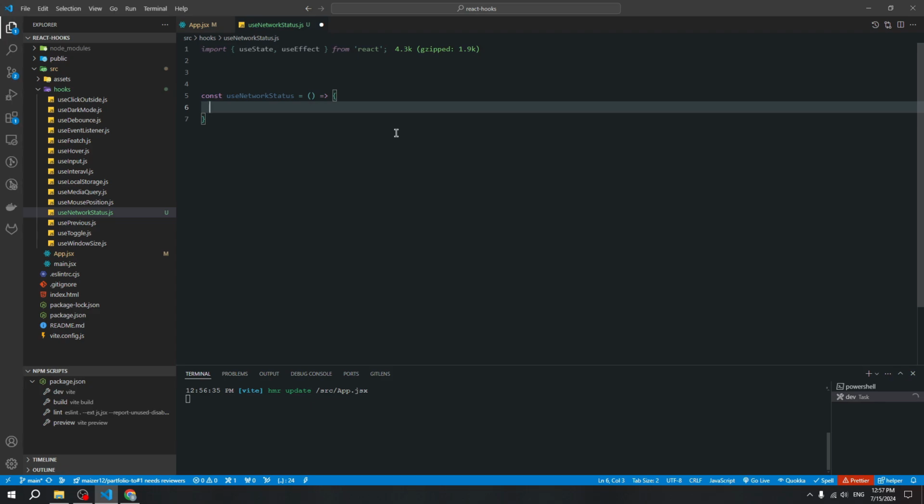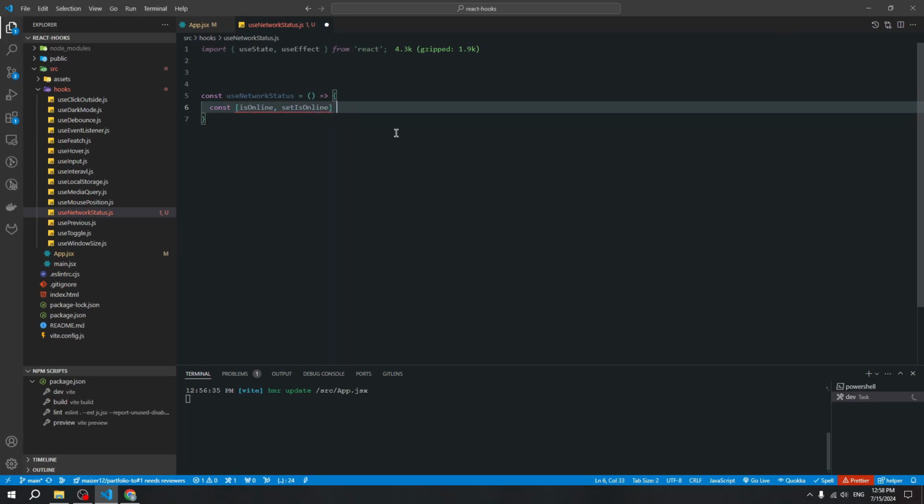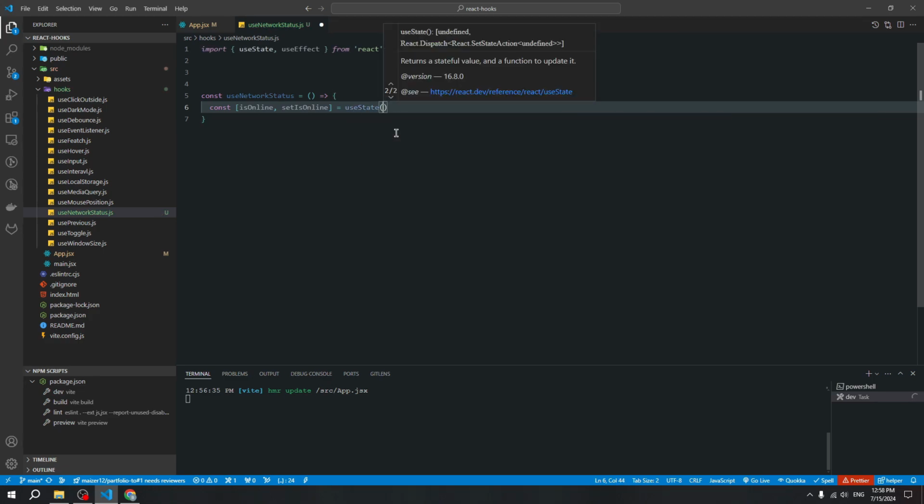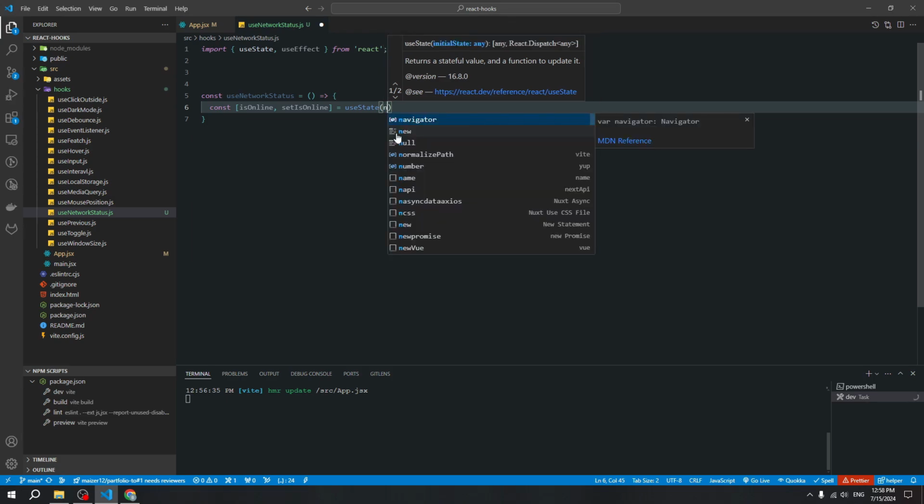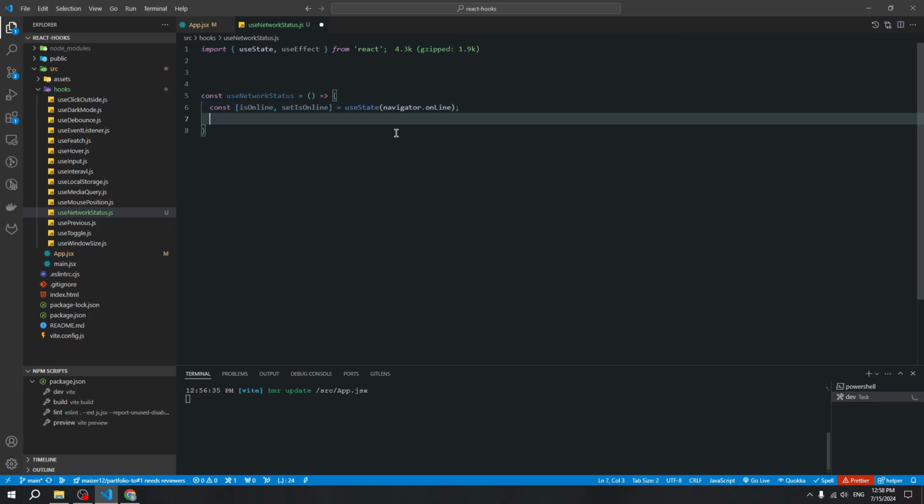and first we can create the state for whether our user is online or offline. Create a new variable, and we can name this state isOnline. Okay, and now we can call our useState, and we can use the global object. It's named navigator, and we need the property onLine. Okay, our state is ready, and next we need to create useEffect, and inside our useEffect we'll create our